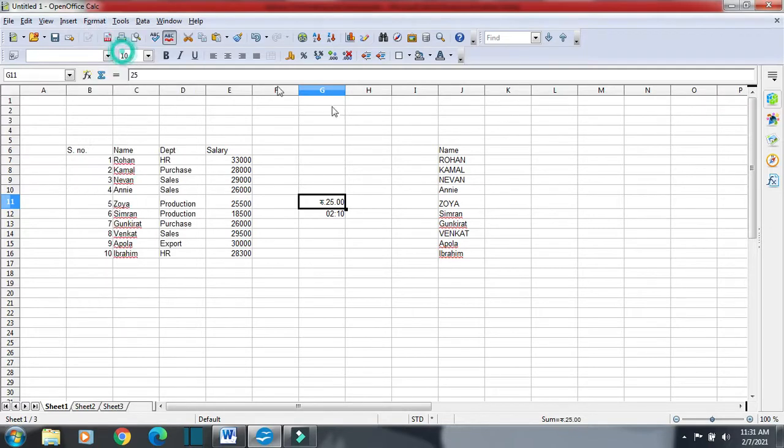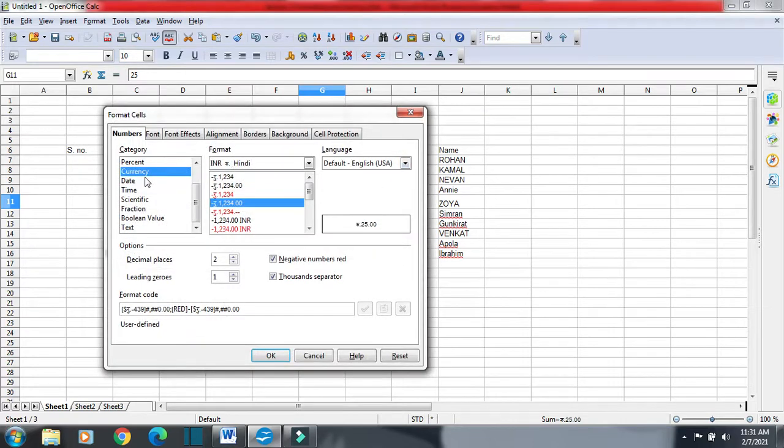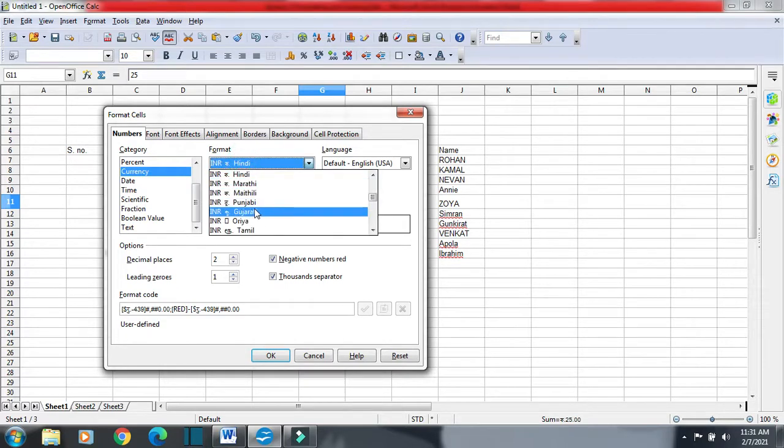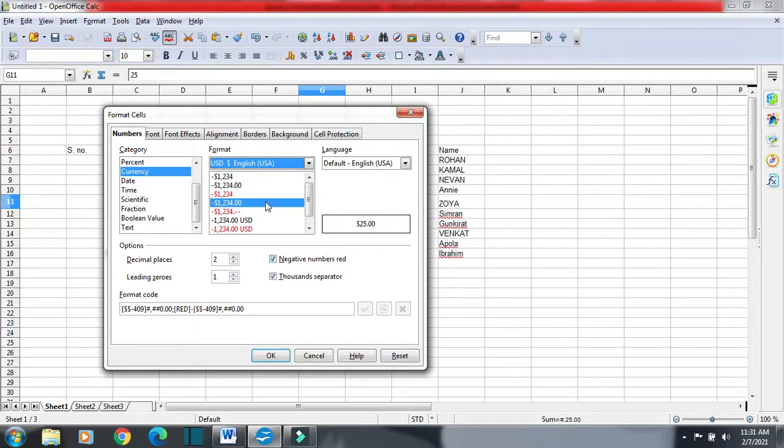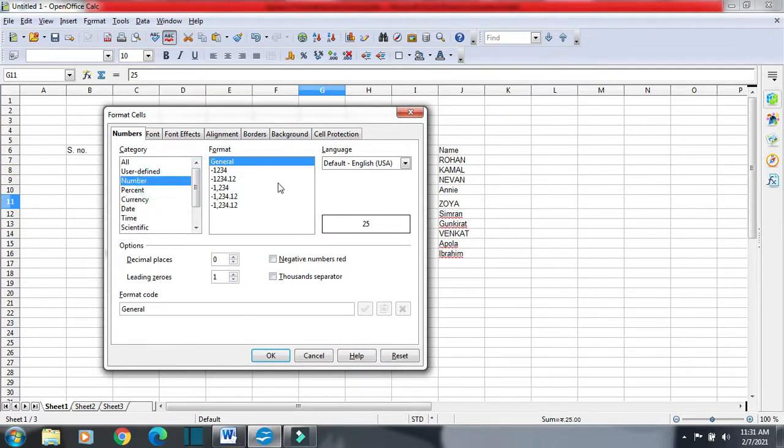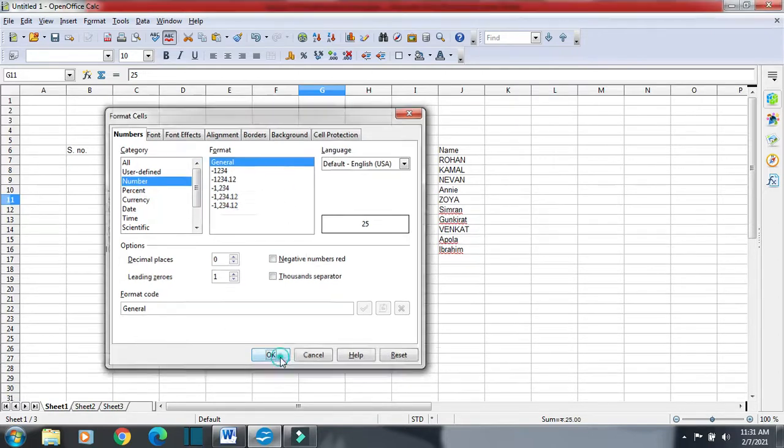Again Format, then Cells, and here Currency, and instead of using the rupee symbol I am going to use the dollar symbol, USD. USD, English, USA. Okay, and then OK.